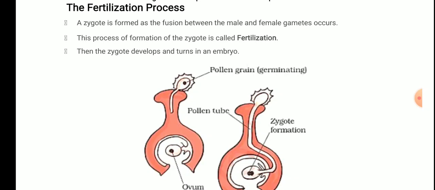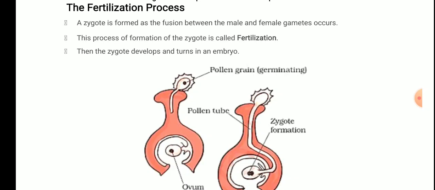Then the second thing that we discussed was pollination, because for the fertilization process the male gamete needs to reach the female gamete, and I told you that male gametes are motile and female gametes are non-motile. So, those male gametes need to be transported to the stigma of the female part. Whenever they reach the stigma, the pollen grains germinate there and form the gamete, and then that gamete reaches the female gamete and fuses there, and this process is fertilization. This process we will be discussing in this video.